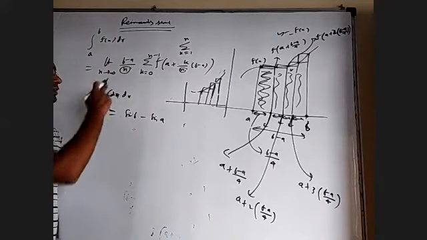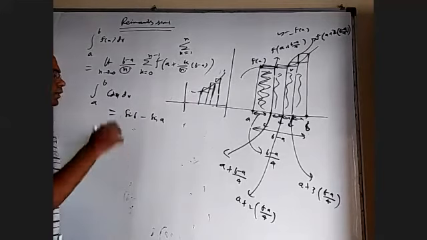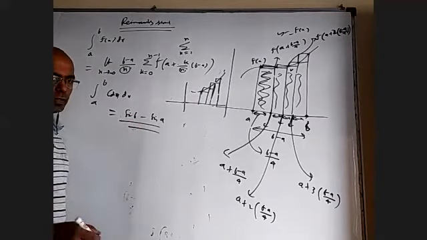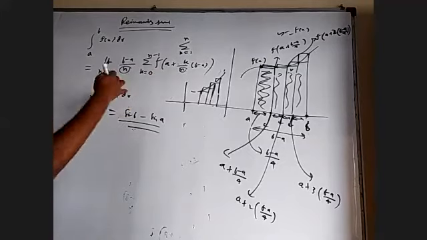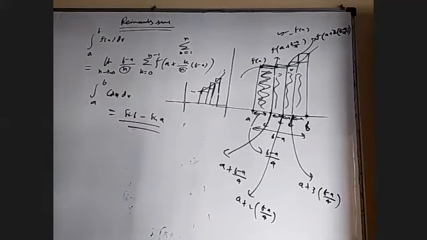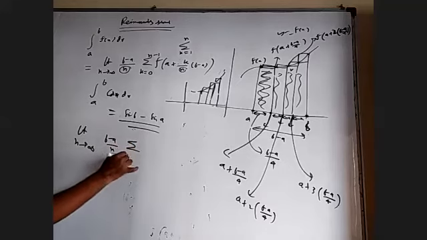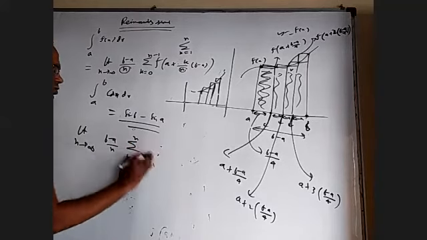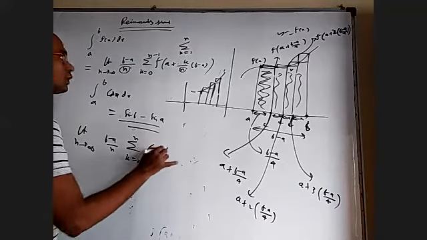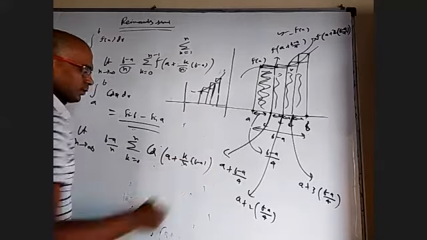Cos x integral is sin x, upper limit minus lower limit. But initially, when we started integration, this was not derived the way that you integrate indefinite integration, put upper limits, lower limits. Use these limits, automatically you'll get this answer. You really take the limit n tends to infinity, (b minus a) by n, sigma k equal to 0 to n, f of, or sine, cos of a plus k by n into (b minus a).